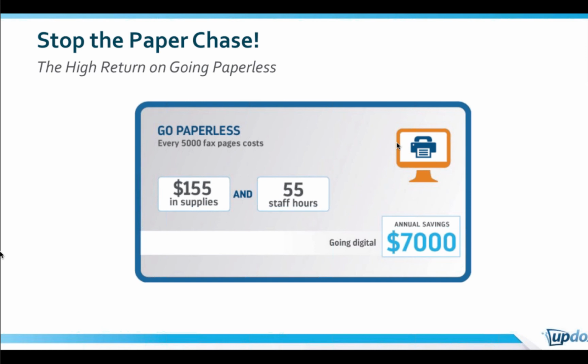for your practice. So what UpDocs is able to do by going digital is save your practice from a hard costs perspective as much as $155 in supplies, and from a time perspective, 55 staff hours for each 5,000 pages that you fax. So if you think about 5,000 pages, it would probably take an independent provider 2 to 3 months to fax that much. So we're going to save you $150 for each of those 5,000 pages and 55 hours for each of those 5,000 pages that you go through